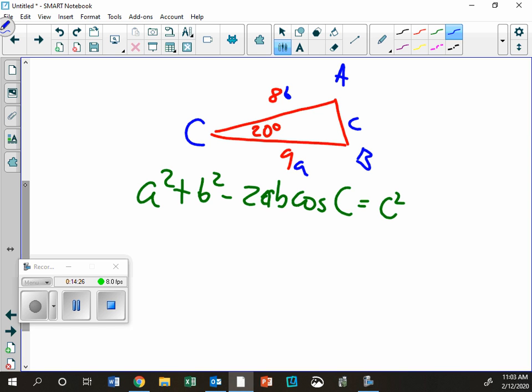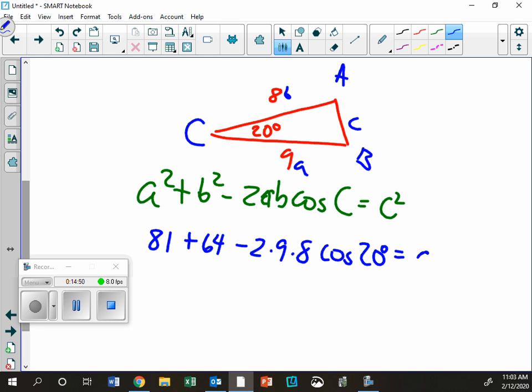Notice I labeled it with the A being 9, but again, if you did it with the B as 9, that's totally fine. It's going to work out the same. So 9 squared is 81, plus my B is 8, so that's 64, minus 2 times 9 times 8, and those can be reversed, doesn't matter, cosine of 20